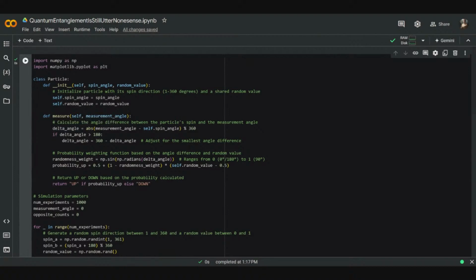How? Yeah, I'm not sure about this. If delta angle is greater than 180,